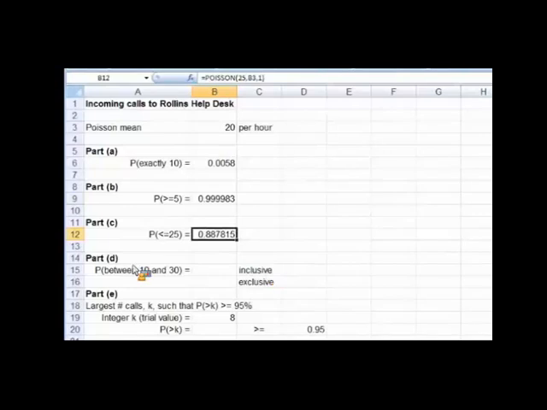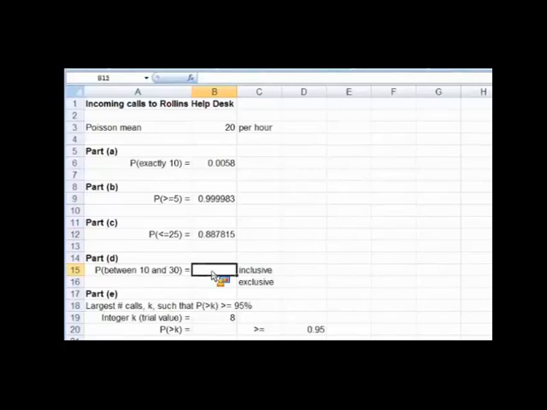Well, there are a number of ways you can twist this around in your head for sure, but the easiest way is very similar to what we did when we had a probability of being greater than any value. We start out with 1 and we subtract the part we don't need. Well, here, I don't need to start out with 1, but I'm going to start out with the larger value. And say, what's the probability of getting 30 or less? And then I'm going to subtract away the part that's below 10. And that'll leave me with the probability of being between 10 and 30 inclusive.